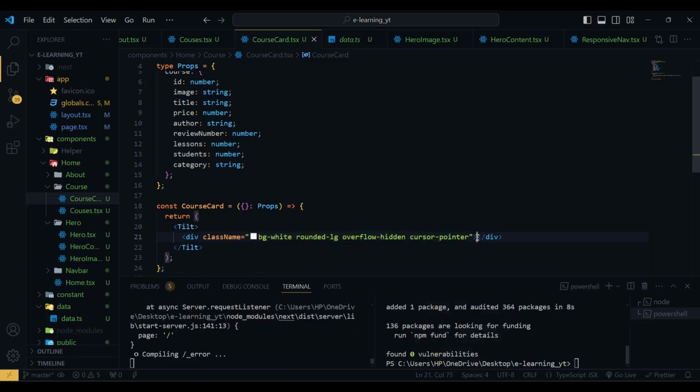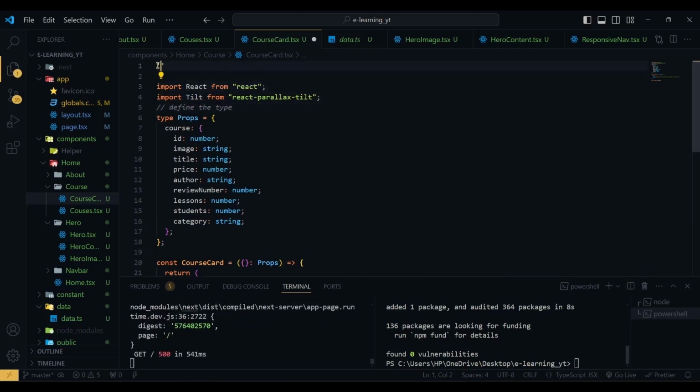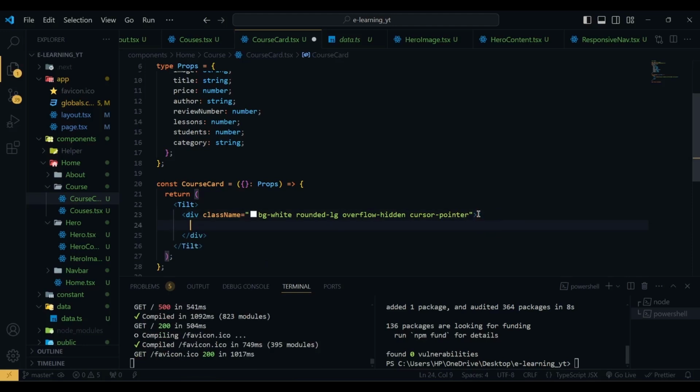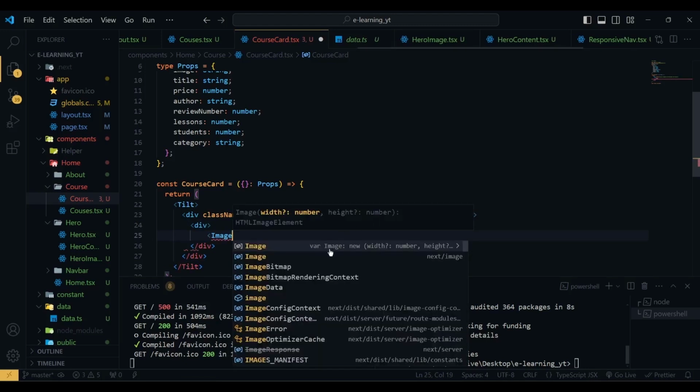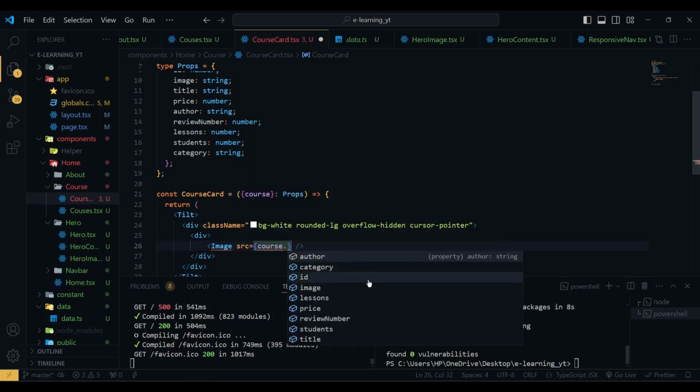I'm going to hit save, and as we are going to use tilt here, we have to convert this into a client component. So I'm going to use client at the top to make this a client component. Now inside this div we are going to have another div, and here we have an image. So this image will be coming from next/image, and here at the top we are going to import our course, and for this image we are going to use the source will be course dot